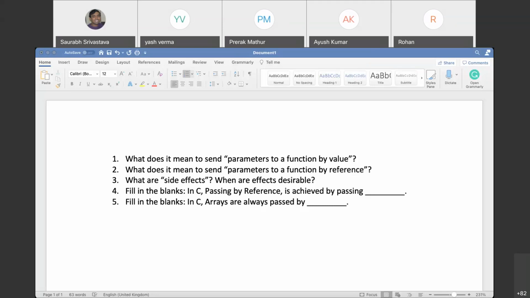When you add the square brackets, it makes the integer a an array, and now you don't have to add the asterisk before the a because it will be carried forward in all the functions. But if you don't add the square brackets, it will make it a normal integer. So if you want it to be continued in the other functions, you have to add star. Otherwise, it will be confined to that specific function only.